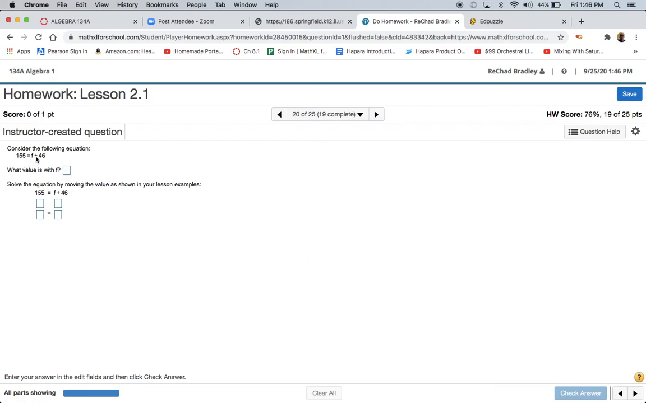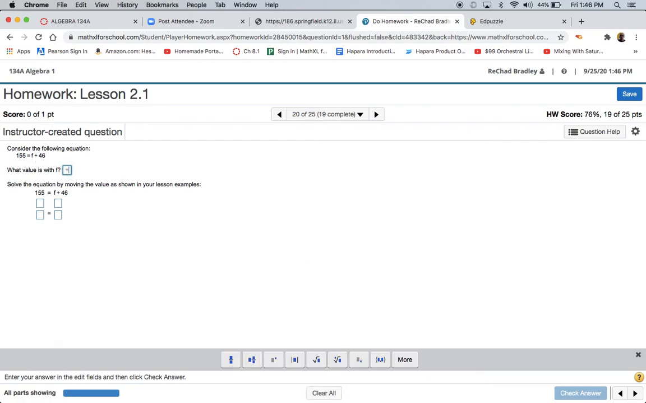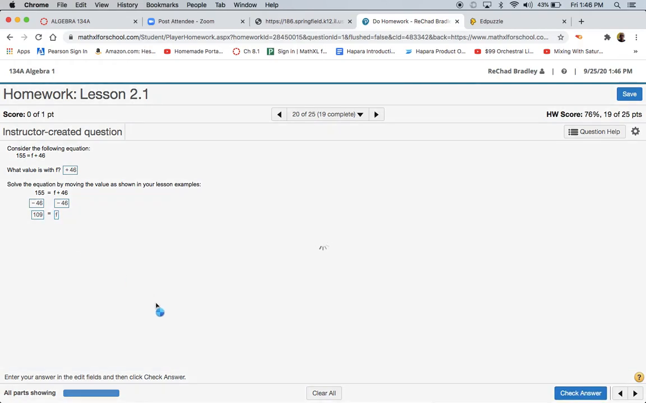What value is with F? In this case, it is positive 46. So again, going to solve, I need to get rid of this 46. How do I get rid of a positive 46? I would use a negative 46 on both sides. 155 minus 46, 9 makes 5, so 109, I believe, equals F. Again, feel free to use your calculator, but I'm trying to keep from wasting your time here while we work